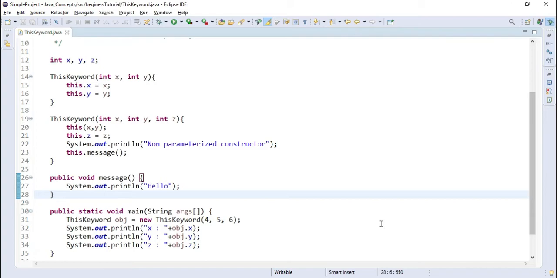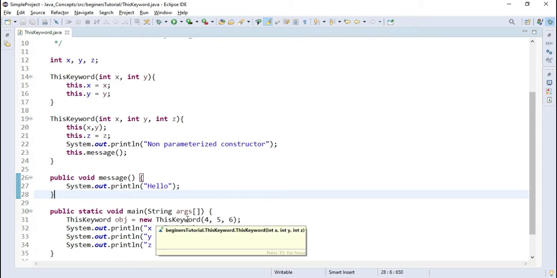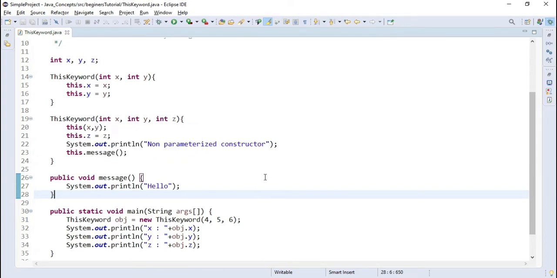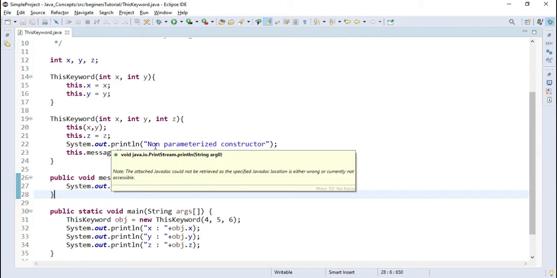And now we will try to access our instance method with the help of this keyword. As you already know, at the time of creating the object of this keyword class, this particular constructor will be called, and after that from this constructor we will call another constructor, and we will initialize our x and y, and in this line we will initialize the z variable, and in this line we will print non-parameterized constructor.